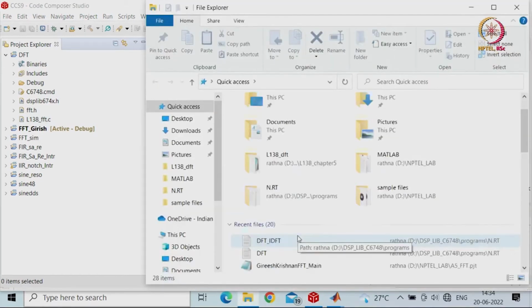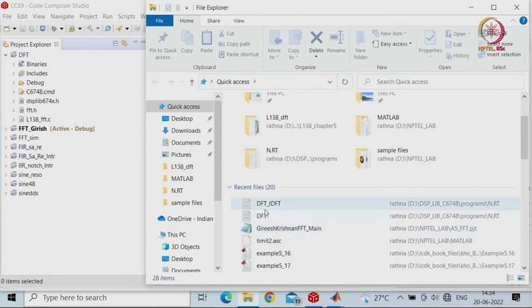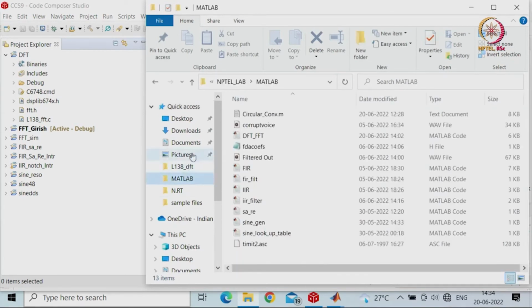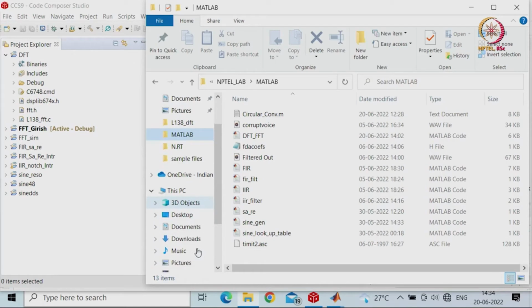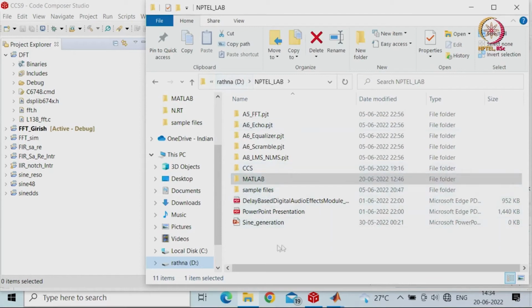But I can go back and then put individual .c files to check in the same thing whether I am going to get my DFT and FFT correctly or not. Okay. So, we have this thing. First what I will do is